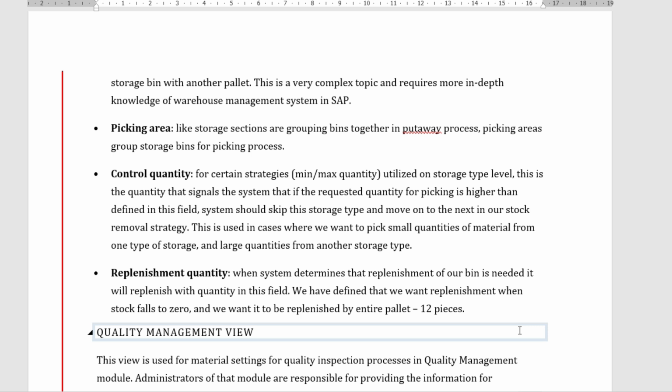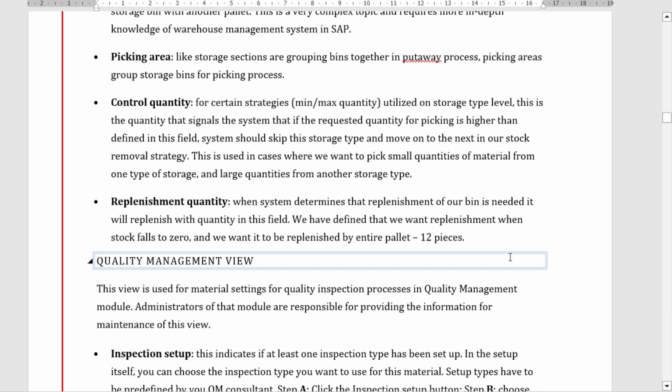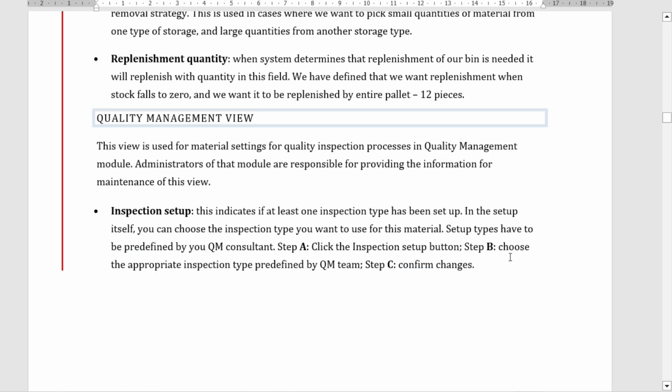This is the quantity that signals the system that if the requested quantity for picking is higher than defined, the system should skip the storage type and move to the next in our stock removal strategy. Replenishment quantity is when the system determines that replenishment of our bin is needed, it will replenish the quantity in the field. Then we have the quality management view, which is used for the material settings for the quality inspection process in